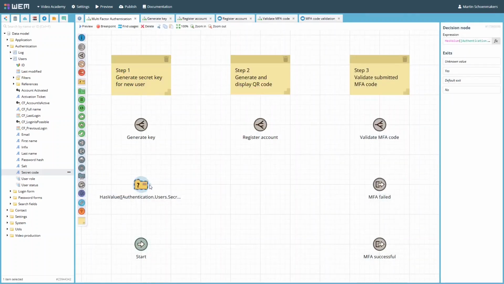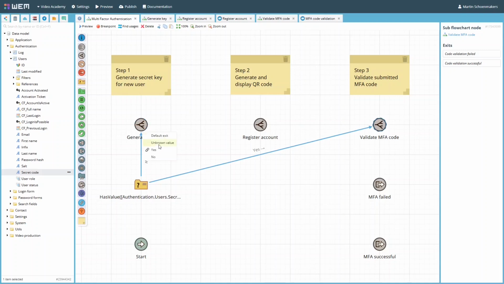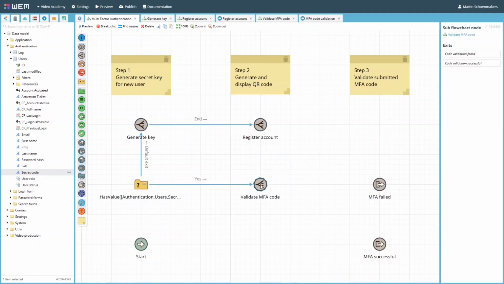If yes, we will take the flow to the MFA code validation dialog directly. If no value is present, we need to execute the first two steps, generating a secret code and storing that in the current user secret code field after app registration, followed by the QR code display for the user to register the account in the Authenticator app. In case the user cancels the registration step of the process, the flow will exit into the new MFA failed end node. In case the registration is successful, the new user will also be taken to the MFA code validation